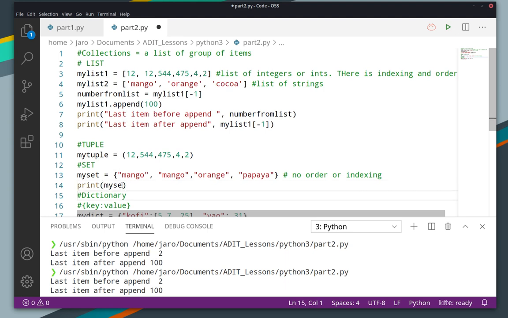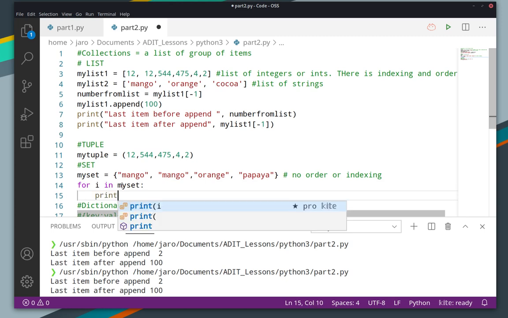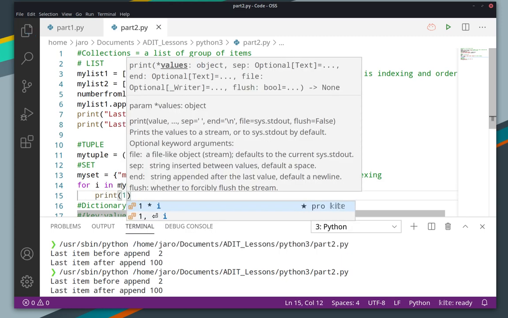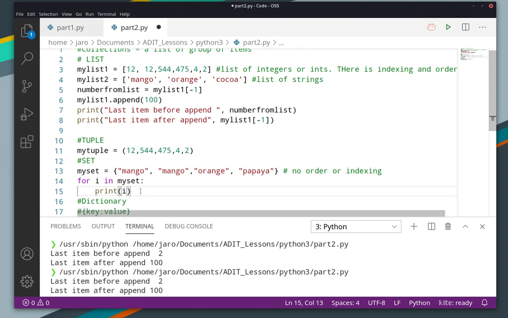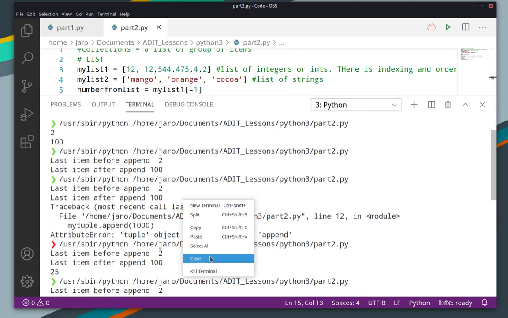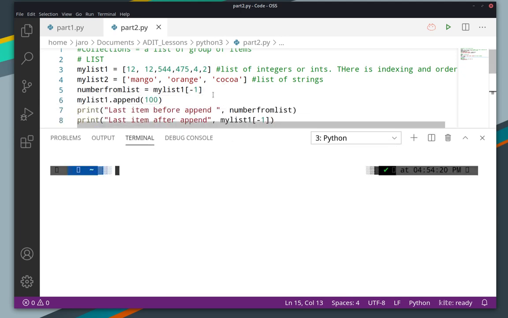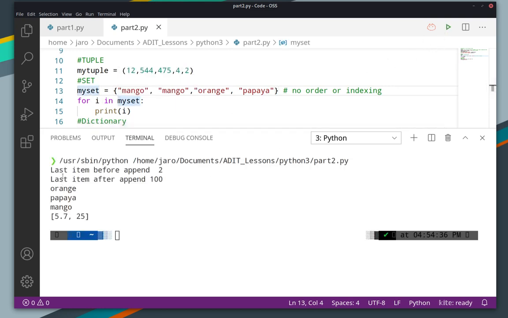So if you say print my set, and then give me... yeah, what I can actually do is for i in my set, and then I say print i. Okay, so there we go. Let me clear this out actually. I want to print everything in my set. So let's run this. Okay, see, although I entered mango many times, the computer returns only one mango,